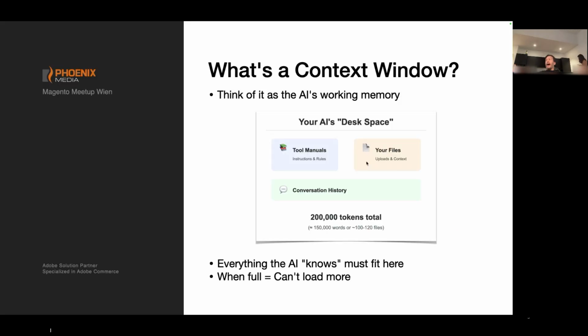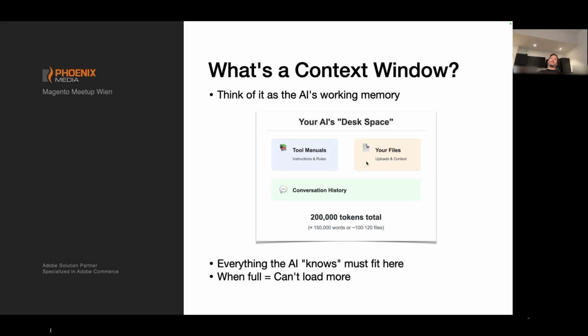And I don't know if all of you know what the context window, what context is. It's quite simply the memory of your AI. So you can think of it like everything you prompt, every piece of information that goes out and every piece of information that goes in is stored in that context. And for example, these 200,000 tokens, that's specific to Claude Code, is the amount of tokens you can use.